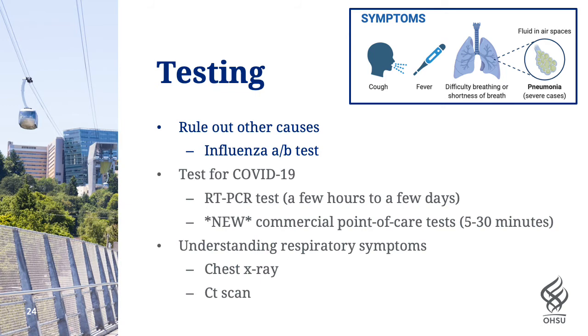If you think back to the beginning of this pandemic, the news was constantly talking about how there was a shortage of coronavirus tests. Because of this shortage, a procedure for testing emerged where the first step was to rule out other causes of disease. This allowed them to conserve tests for the people who most probably had COVID-19. The most common test used to rule out other causes of disease was a test for influenza, for the flu. This is because many of the symptoms of COVID-19 and influenza overlap. Think about fever, fatigue, cough, and sometimes nausea. After a patient's test for influenza came back negative, then a patient could be tested for coronavirus.